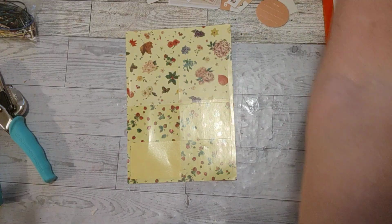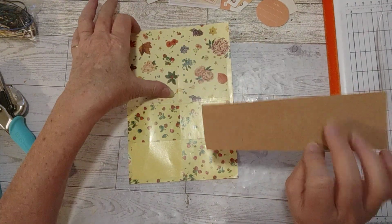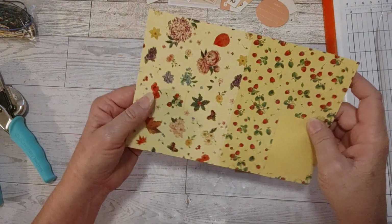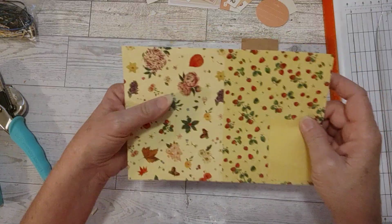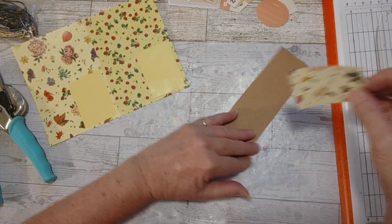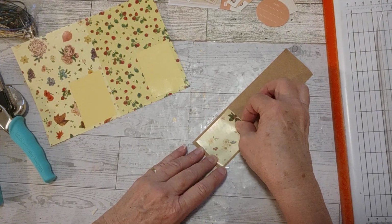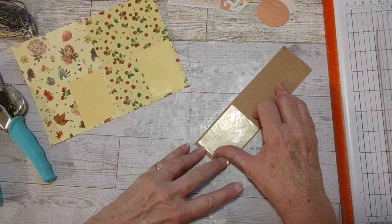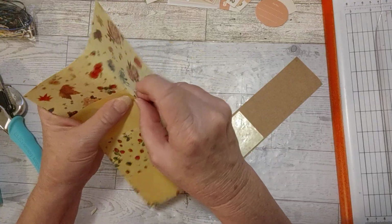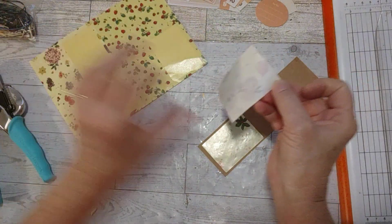You know what would be fun is to take a taller piece. Here's a taller piece right here. This is craft cardstock. I might use some more strawberries in a minute. Yeah, this is a little stickier than those other stickers I was using. So that's why I just stuck it down before. I didn't even put any glue on it. It actually feels much stickier. Okay, so there we go. So we're going to make a tall